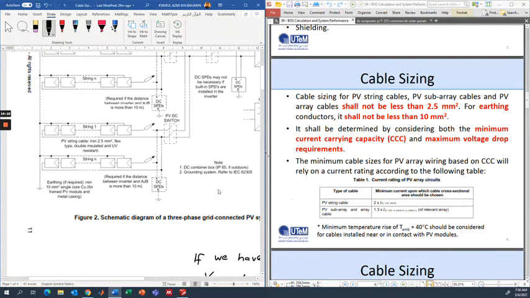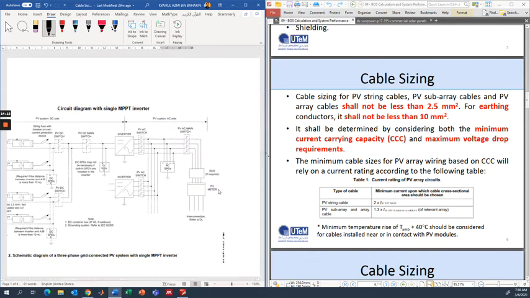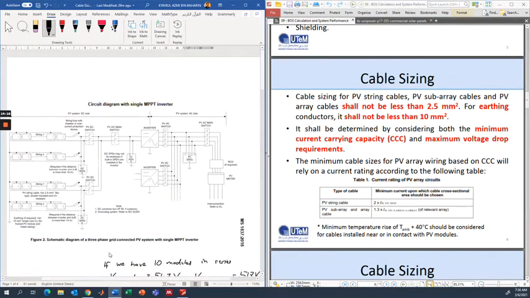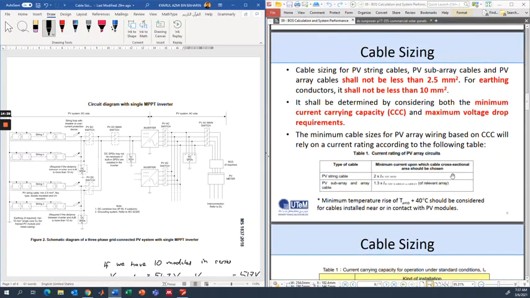Alright. So that's about the cable sizing. It must be determined by considering these two factors: the minimum current carrying capacity and the maximum voltage drop requirements. So the minimum cable size for PV array wiring based on the current carrying capacity will rely on the current rating according to the following table.